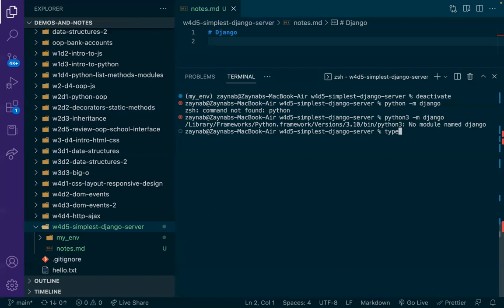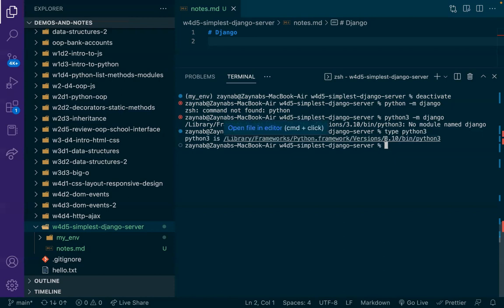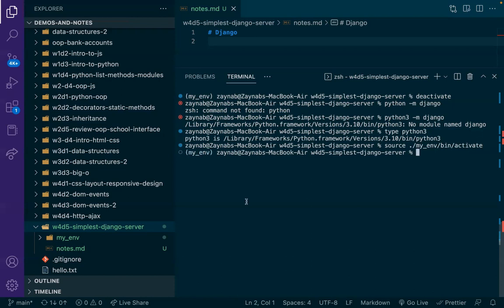So if I did type Python 3, let me try doing it when my virtual environment is on. So source /... Even though I've done this so many times, I forget sometimes what I have to do. Okay, so the virtual environment is on, and if I type Python,